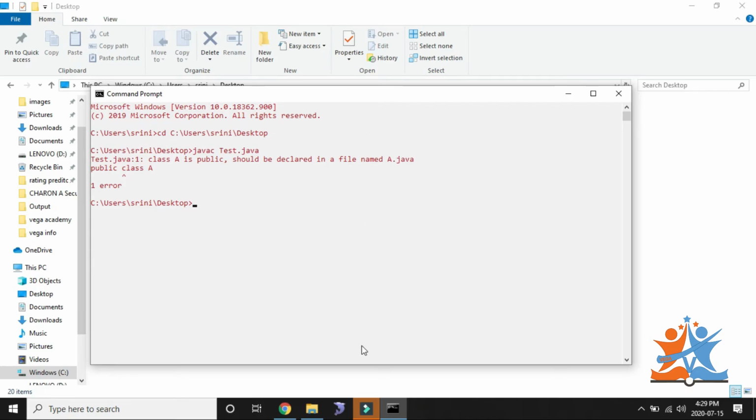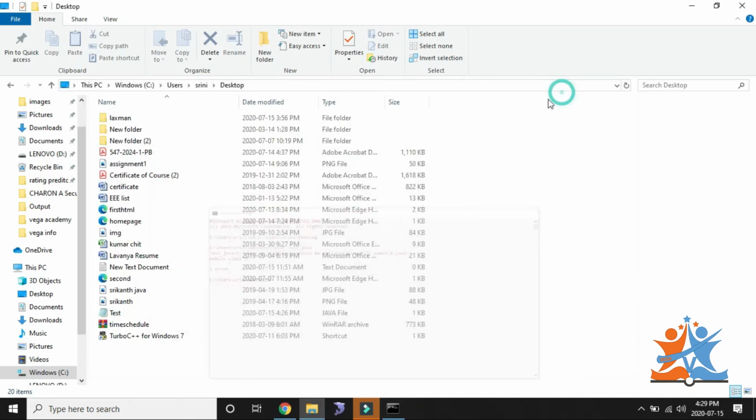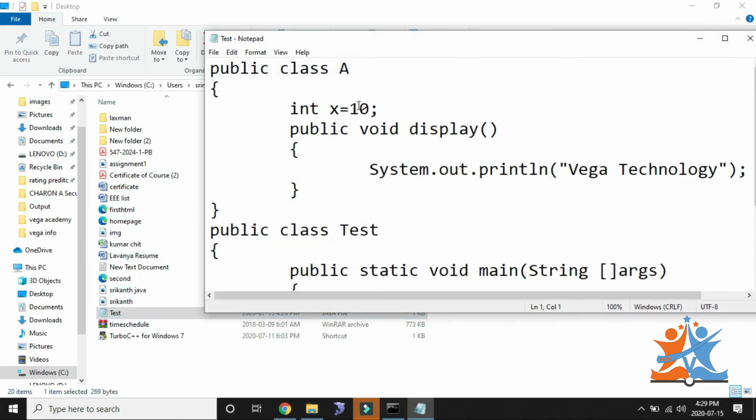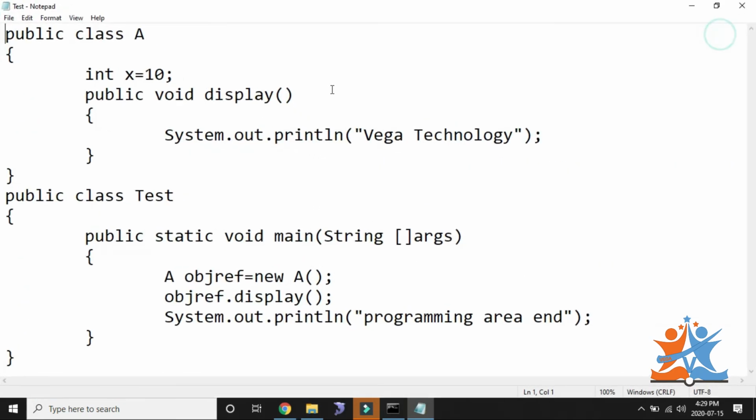In test.java we have two classes and both are public, so that is the reason we are facing the problem. So I will convert one class to a default class. Our A class will be converted to a default class, then save.